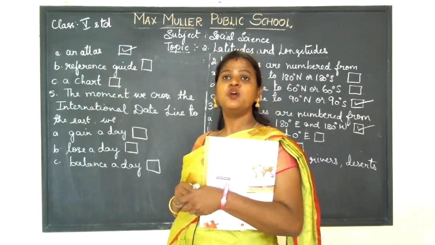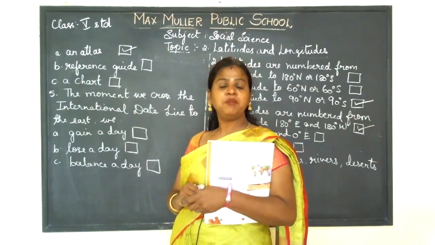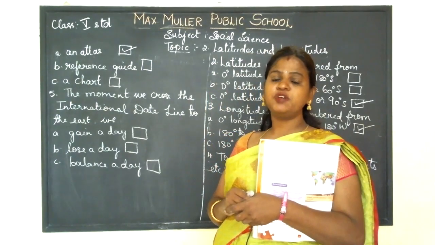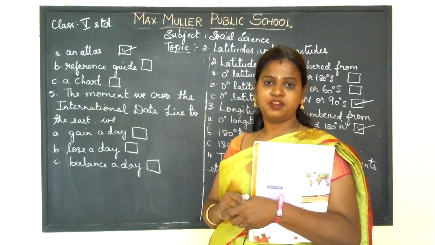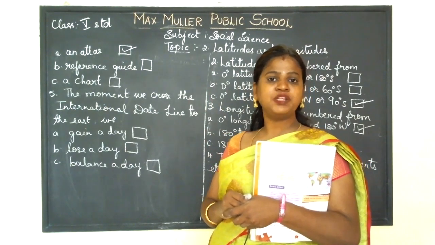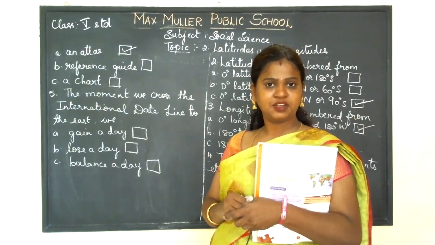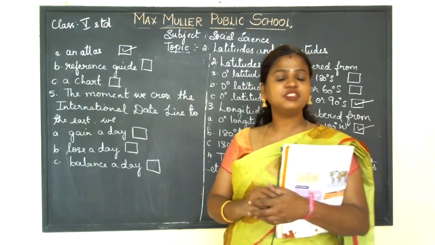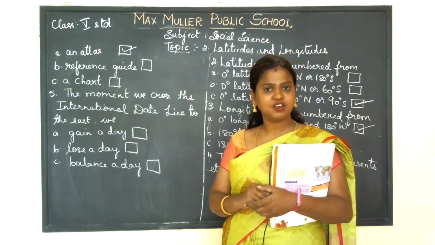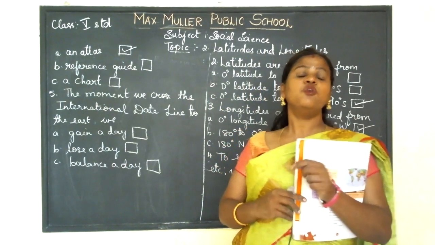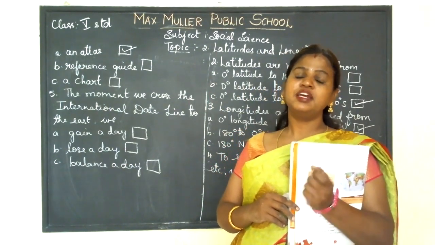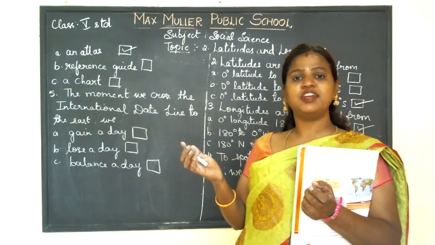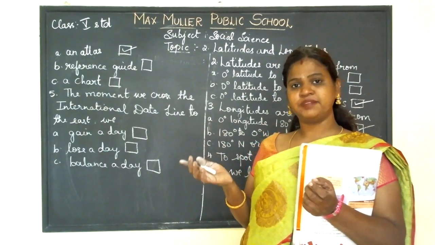So children, I told you that when we are in the east, we'll be facing the day. That is the morning. When we come to the west, what happens? Here the sunlight won't be there, so it becomes very dark. The western hemisphere will be facing the night. When the sunlight falls on the eastern hemisphere, it will be a day. When the western hemisphere doesn't receive any sunlight, then that will be a night.